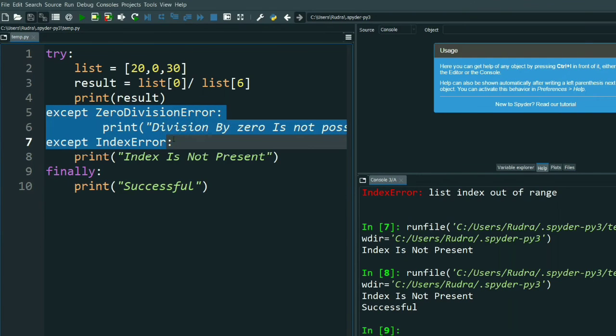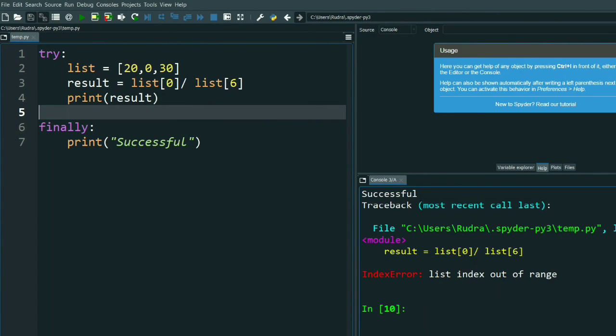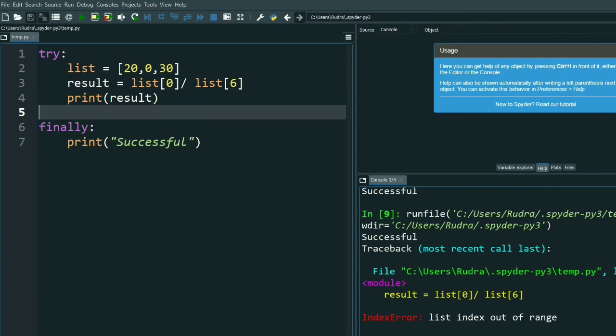And let me delete this. See, there is an error because of the index error, you all know. But see, successful is printed. So under finally I can write any statement, and that statement will be printed.